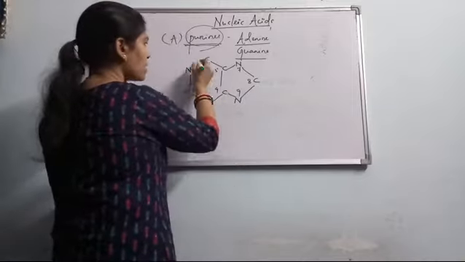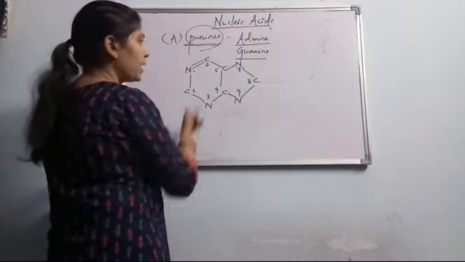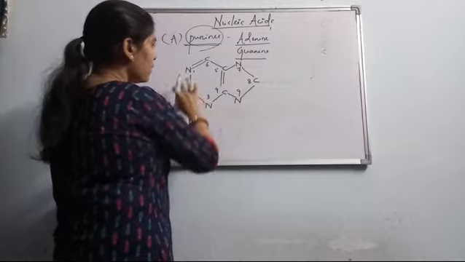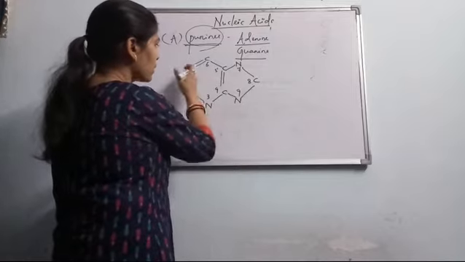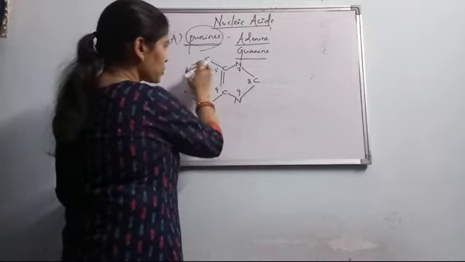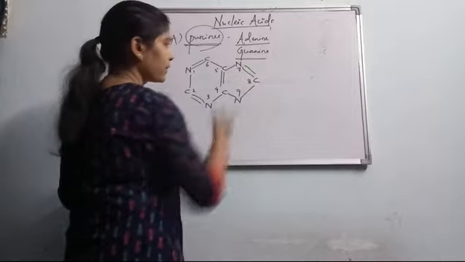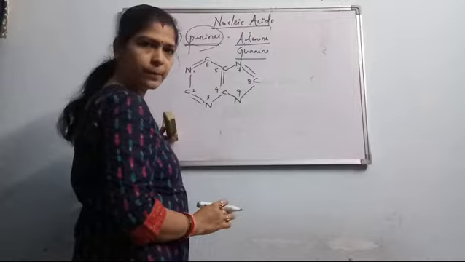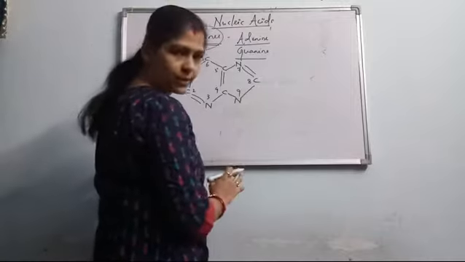These double bonds start from here, and as we know, the double bonds are present because of resonance, so they are spaced apart from each other. This is the double bond pattern, and there are 4 double bonds present in a purine structure. Then we have to check the valency.